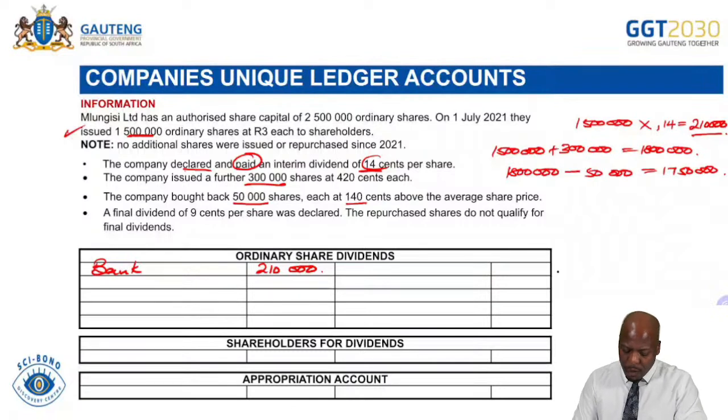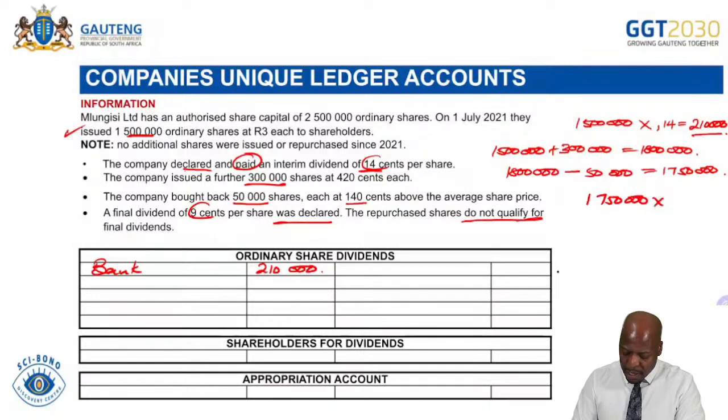1,750,000. A final dividend of 9 cents per share was declared. The repurchased shares do not qualify. So this is very important. Once the examiner tells us that they do not qualify, then we do not give the shares that we repurchased the dividends. So we only give the dividends to the